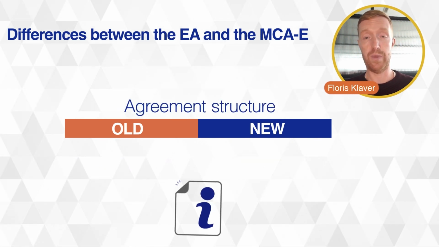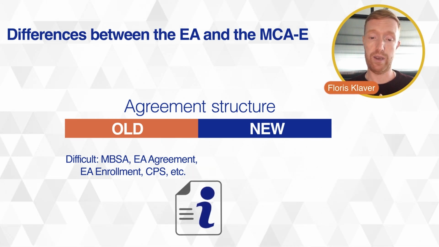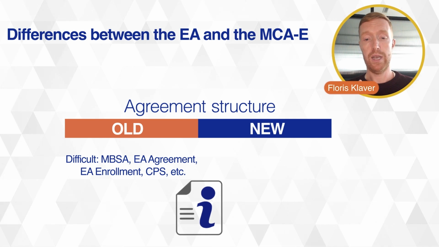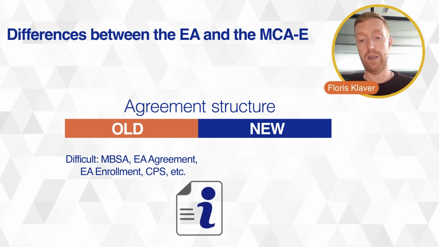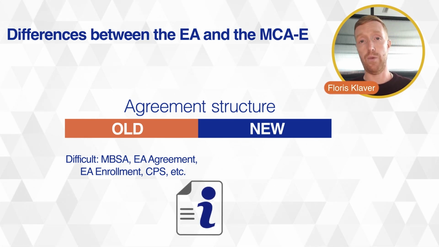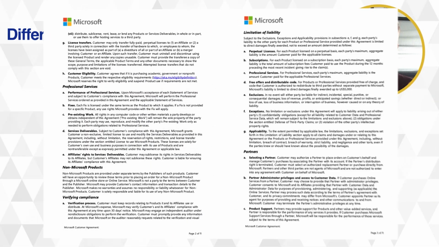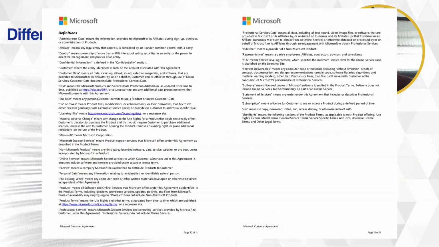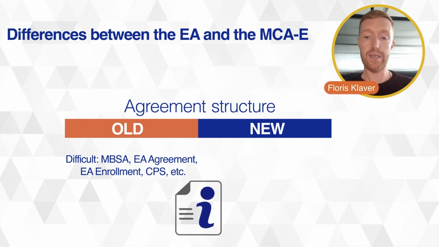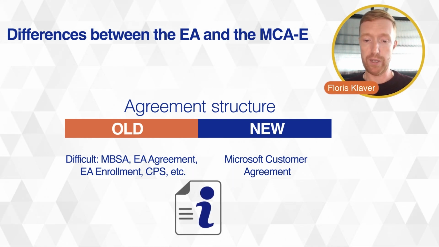The agreement structure has been massively simplified, whereas it used to be very elaborate and difficult with the Microsoft Business and Services Agreement that held all the umbrella terms, then the enterprise agreement document, then the enrollment documents, then you had to sign a customer price sheet to lock in your pricing. That came with the product selection form and many other documents. So maybe one enterprise agreement would consist of up to 10, 15 different documents that you would have to go through. In the new situation, what Microsoft states is Microsoft Customer Agreement is basically one document, about 11 pages,